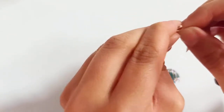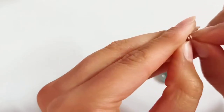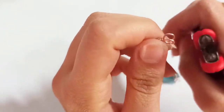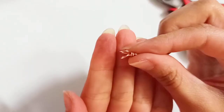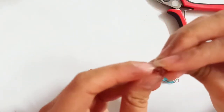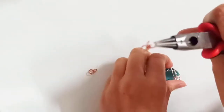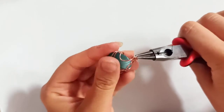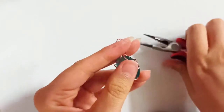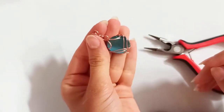Then with your nail, just make a distance between the two attached loops, just like this, and then make it more with your tool. That is the bail that I'm using to insert into the jump ring and then to attach it at the above of my wire frame and then close it. And that's ready, our very beautiful but very simple wire wrapped